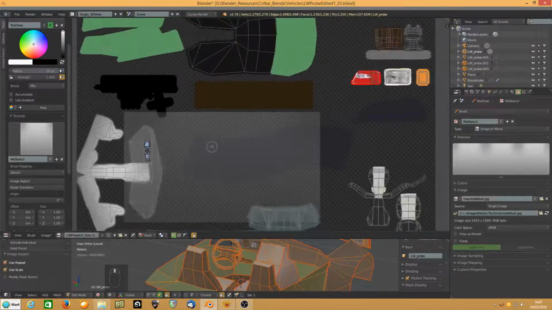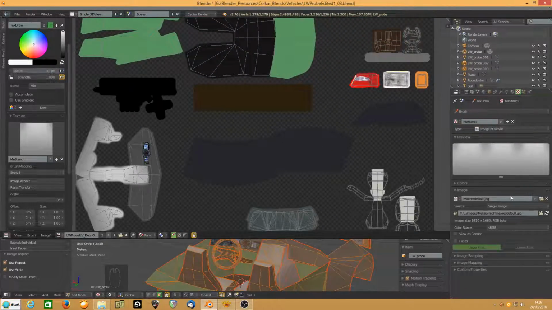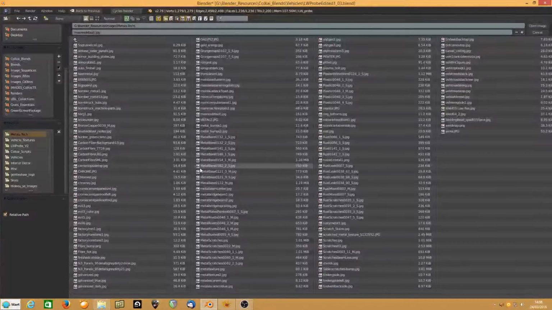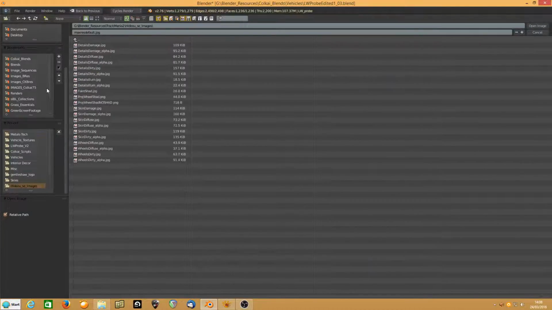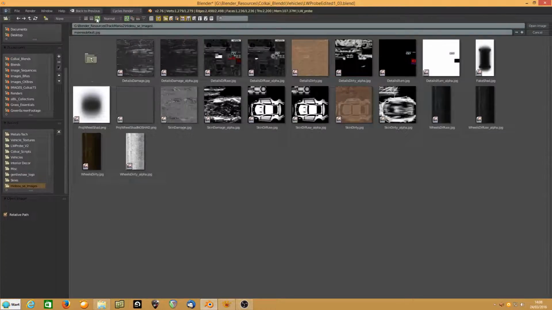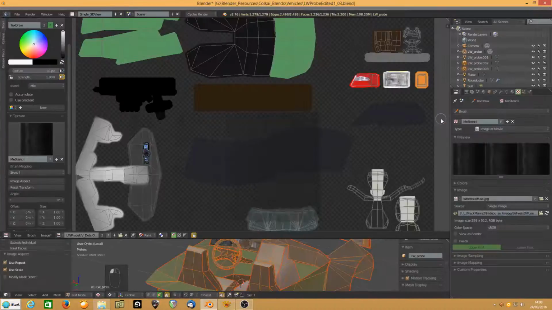So for example, comes to tires, right, and tires I have under, do I have it under there? I do, wheels diffuse. So image aspect, reset transform image aspect, rotate that by 90,